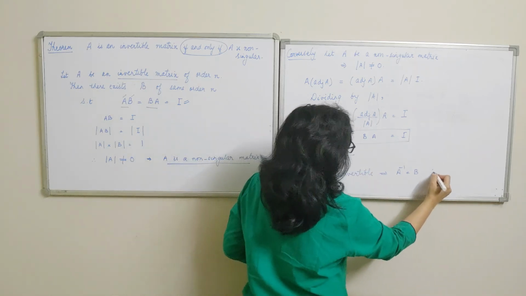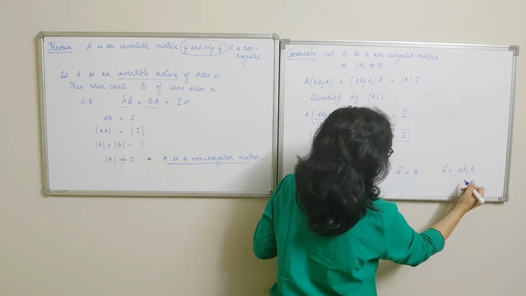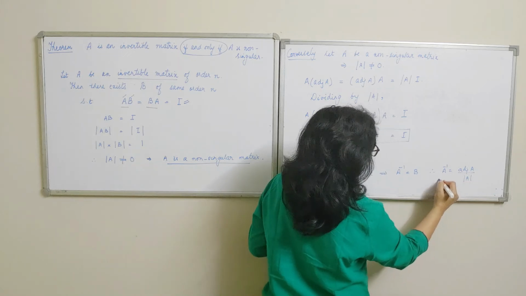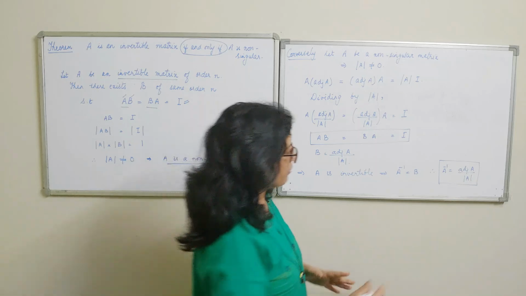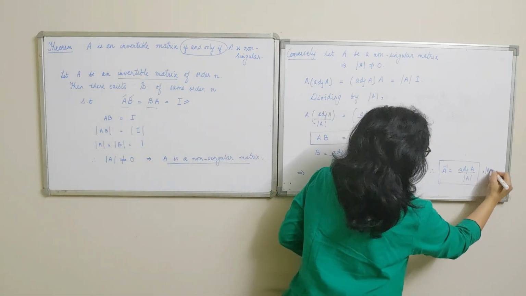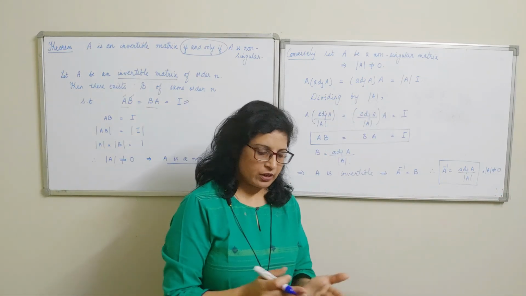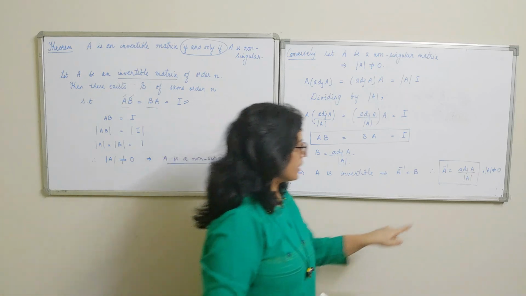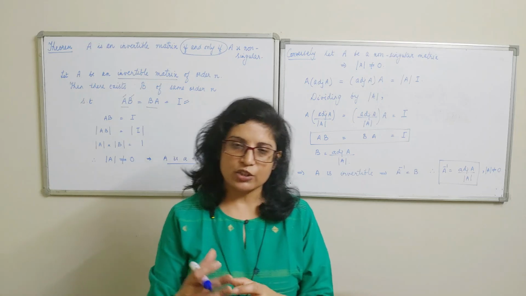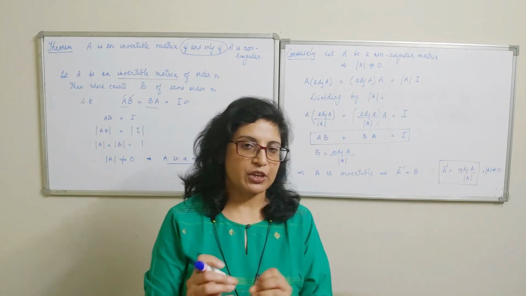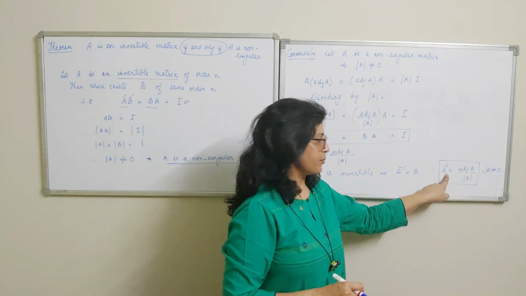So therefore, we obtain one important result, that inverse of A is the adjoint matrix of A divided by the determinant. So this is the shortcut formula for finding out the inverse of any 3 by 3 matrix. Here we have to simply ensure that determinant A is not 0. That means A has to be a non-singular matrix. If A is a non-singular matrix, then we find out the determinant first, find out the adjoint matrix, and then divide each element of the adjoint matrix by that real number which is determinant A, and the resultant matrix that we obtained is the inverse matrix.